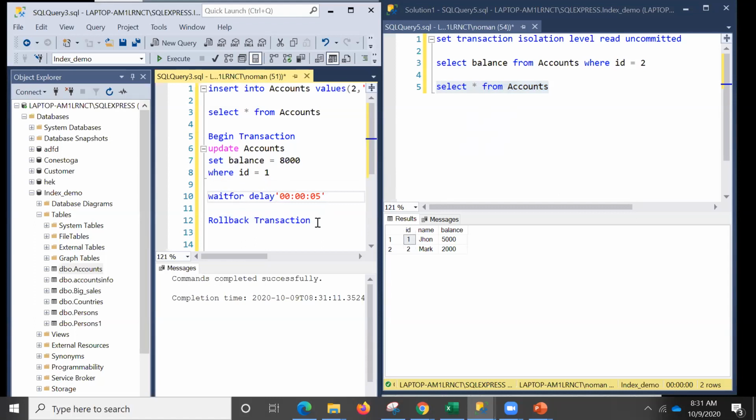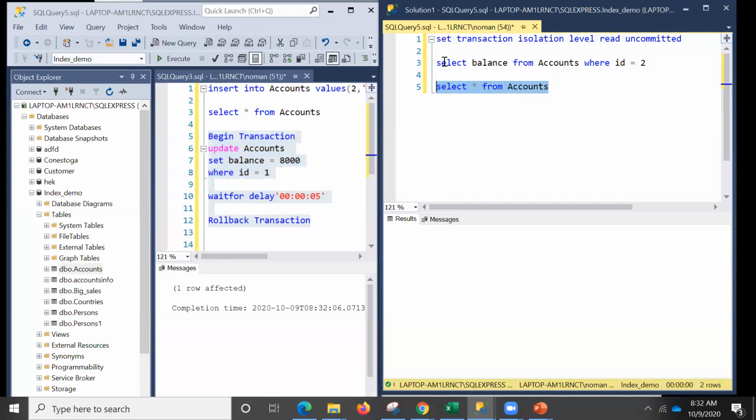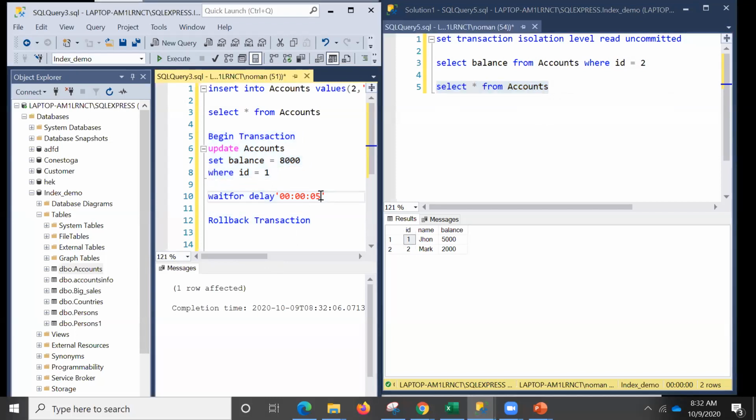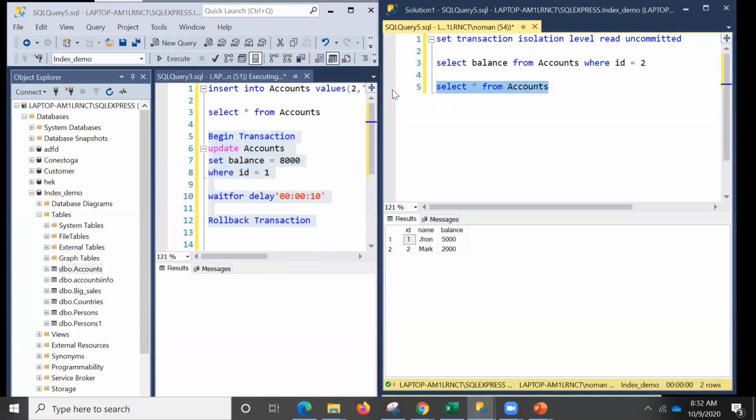This was another topic that we'll be discussing later on. But right now, if I run this transaction and want to roll it back after 5 seconds, it will take some time. During that time, I run this command. Oh, it's not showing the 5,000. Why? It's still showing 5,000, or 5 seconds just elapsed. So I want to wait for 10 seconds now. Let's run it. It will take 10 seconds to roll back.